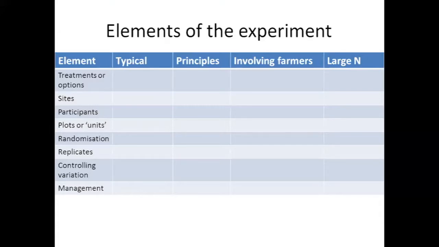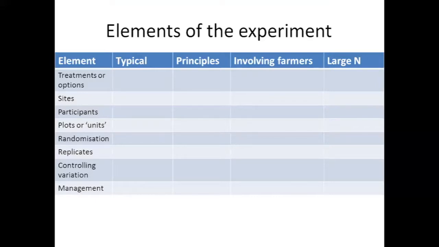And I tried to explain that for all of these, we're used to doing experiments, and we have typical definitions, if you like, or examples of what those elements look like. So when we do field plot experiments, we know what the plots often look like. They're often small units of land, maybe 25 square meters or something like that. I then said, actually, there are principles involved in choosing those. We don't have to do what we've always done. What we have to do is make sure that we understand the principles and that what we're doing is aligned with the principles, it conforms with the principles.